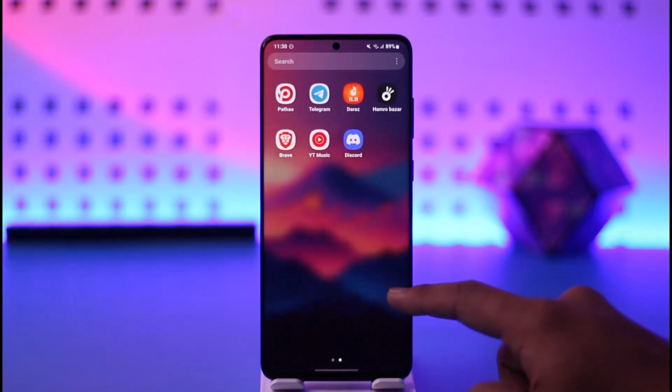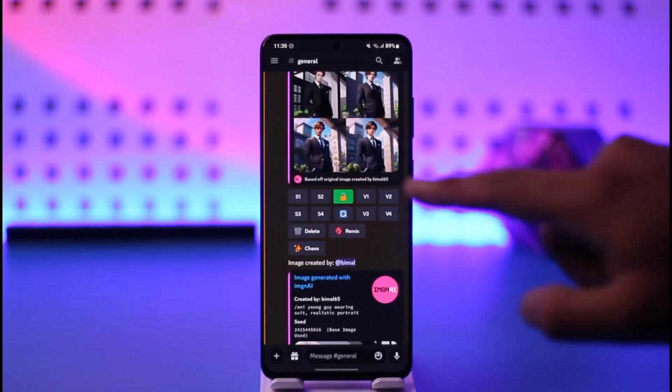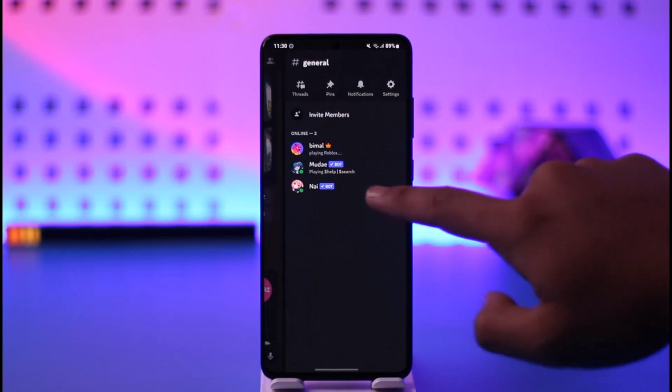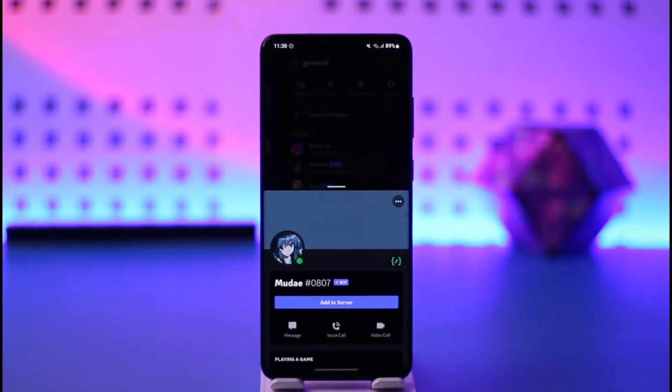All you have to do is open the Discord application, navigate to a server, hit the members icon and just select any of the members that you want to report. Now in this case I'm selecting a bot because there are no really members on my group, but if there is a particular person that you would like to report from a group, when you select your profile you'll find